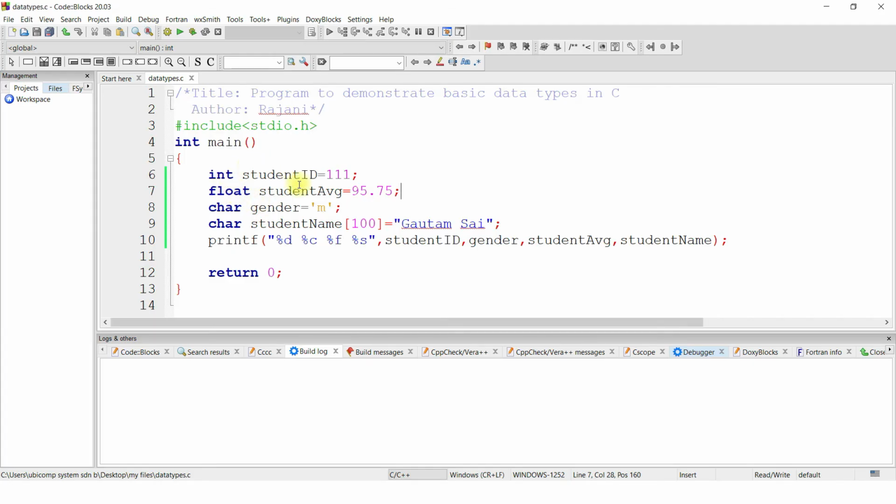When we look at the example program, we did declaration and initialization at the same time. Up to here, this is declaration and this is initialization. Instead of doing both declaration and initialization at the declaration part, we can do initialization later in the program. Let's say for example,